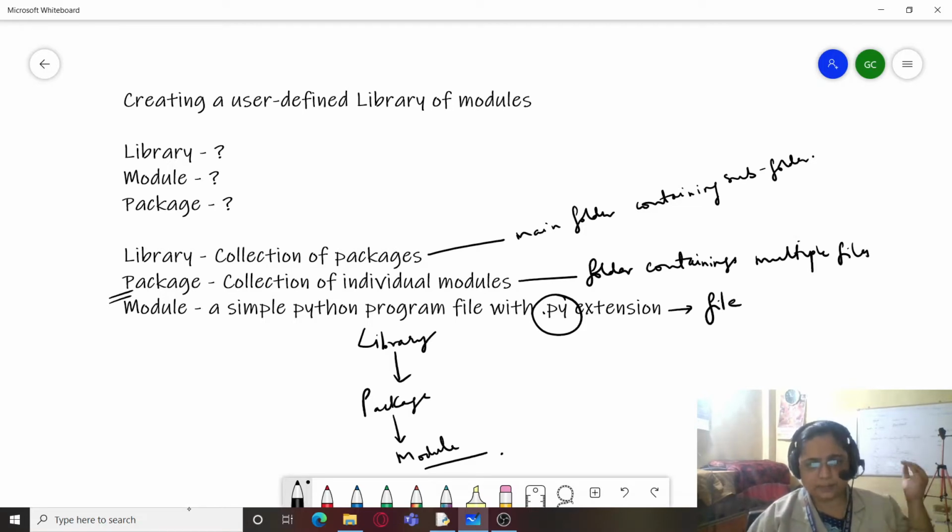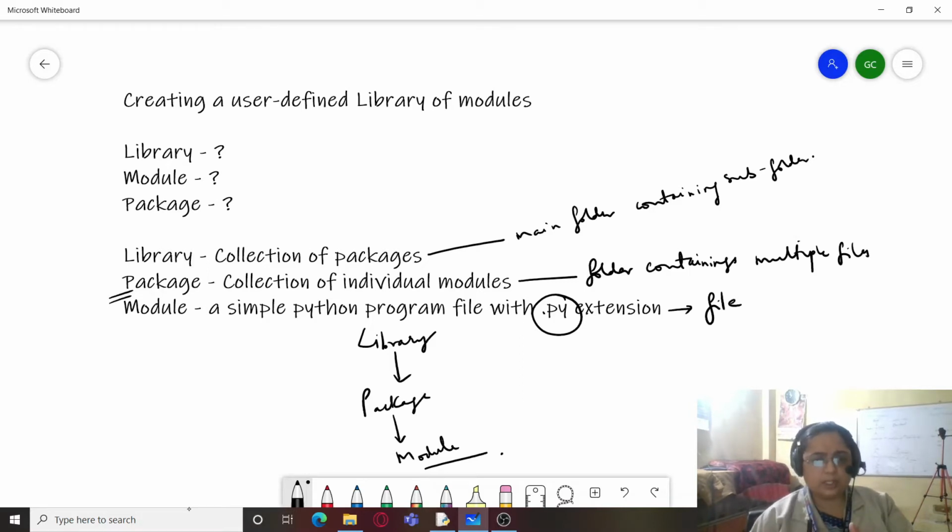Some could be storybooks, some could be children's books, some could be science books, some could be encyclopedias. So we can say that we have different packages, and within each of those racks and cabinets, we have individual books which could be termed as modules, right?